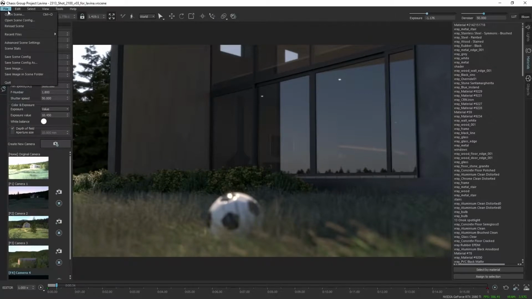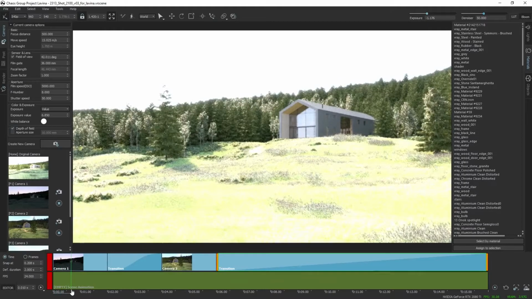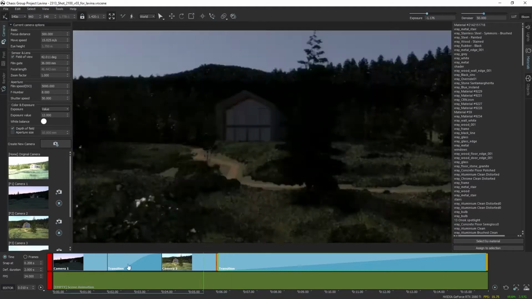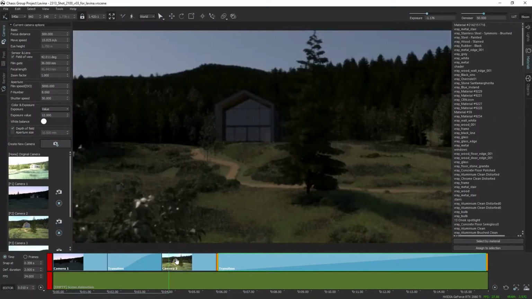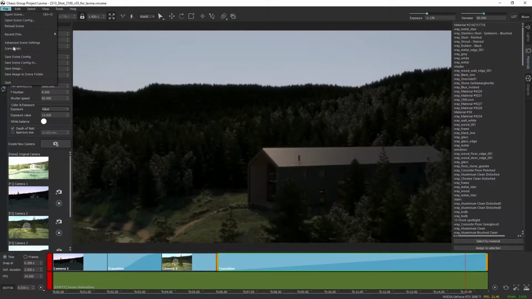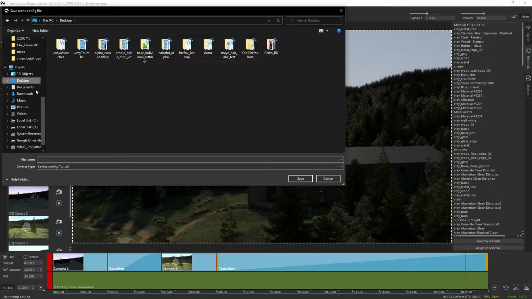It's done via something called a VRDX file, or a configuration file, which you need to save from the file menu here. So let's just go back and really quickly scroll through the animation here to remind us where this was going. Okay. So this was our animation starting from the first camera, and then a linear transition between the other two. So file, save config as, and then, I do have a few configurations here. Let's pick the desktop really quickly and say, let's say test